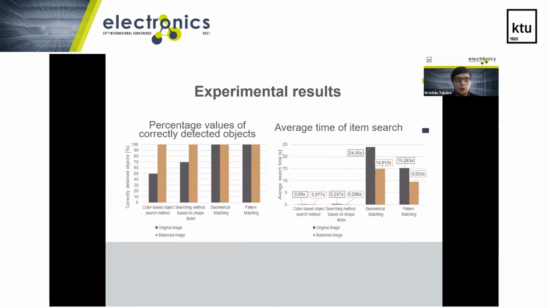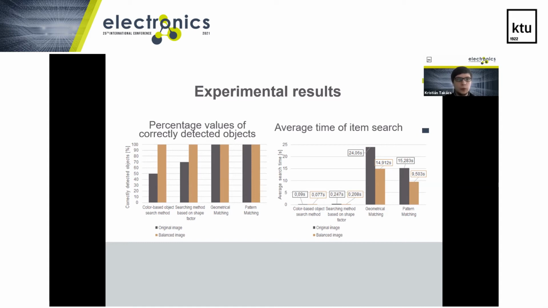In the center of the screen is shown a comparison of the testing, the reliability of each searching method. The left side shows a bar chart of correctly detected objects of each used method. And the right side of the screen shows the bar chart of searching time and average searching time